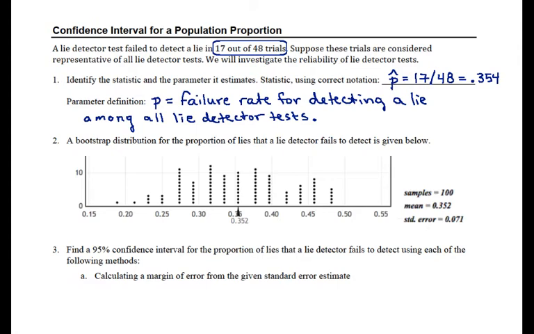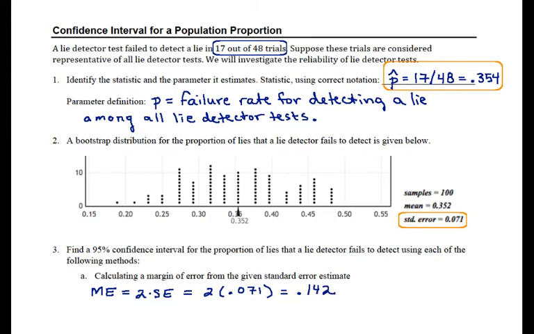Now looking at this Bootstrap distribution here, if we want to find a 95% confidence interval using a standard error and margin of error kind of technique, then all we need to look at from this is our estimate of the standard error, and we have our sample statistic. So we're going to say sample statistic plus or minus margin of error. And again, because this is a 95% confidence interval, the distribution looks reasonably bell-shaped. It's not perfect, but it looks good enough. So our margin of error is 2 times the standard error, which is 2 times 0.071,